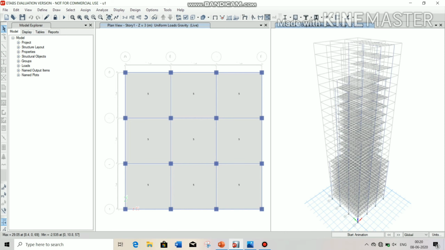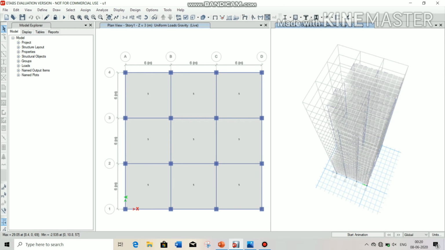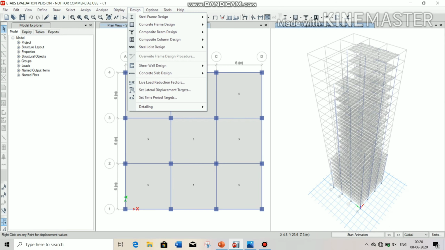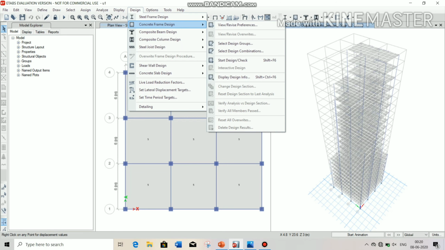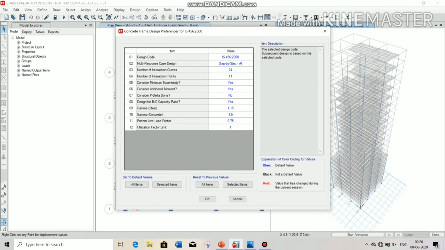After the completion of analysis, go to Design, click on Concrete Frame Design and click on Start Design/Check. But before that, you have to select View, Revise Preference, and make sure the design code is IS 456/2000, which is for India.